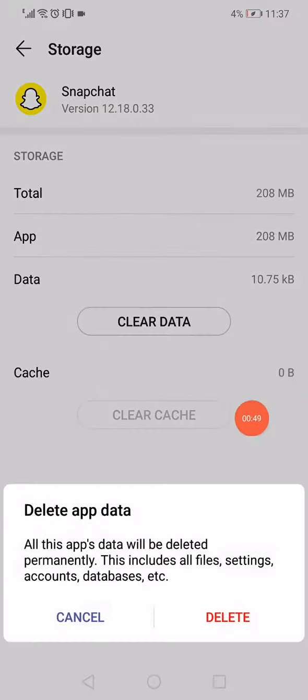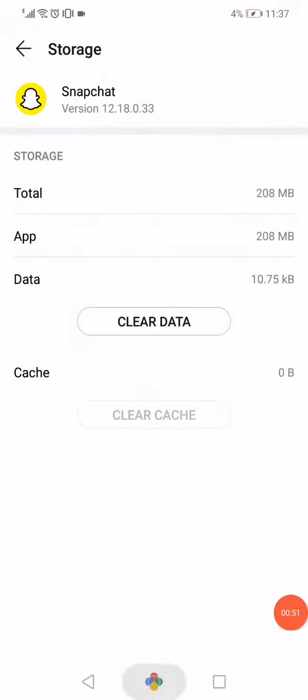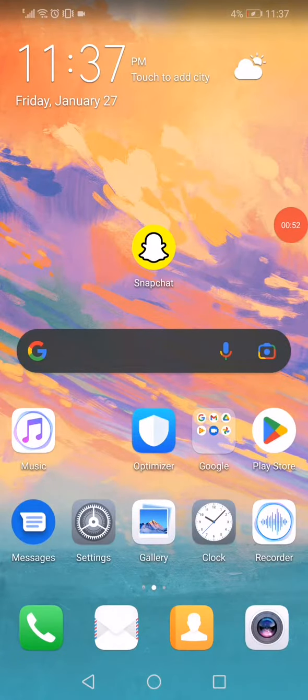Go back, click on the storage, click on clear data and click on delete. And the last thing you want to do now is turn off your phone and turn it on again,